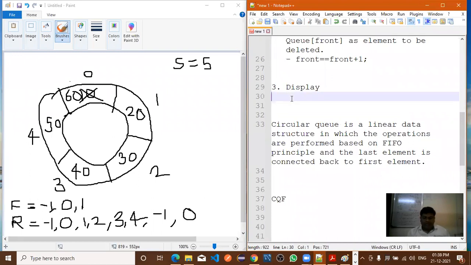Now when you want to display the list, we have checked only the insertion and deletion operations. Suppose you want to display the list on a screen. How will you display it? Suppose I want to display the list on a screen.